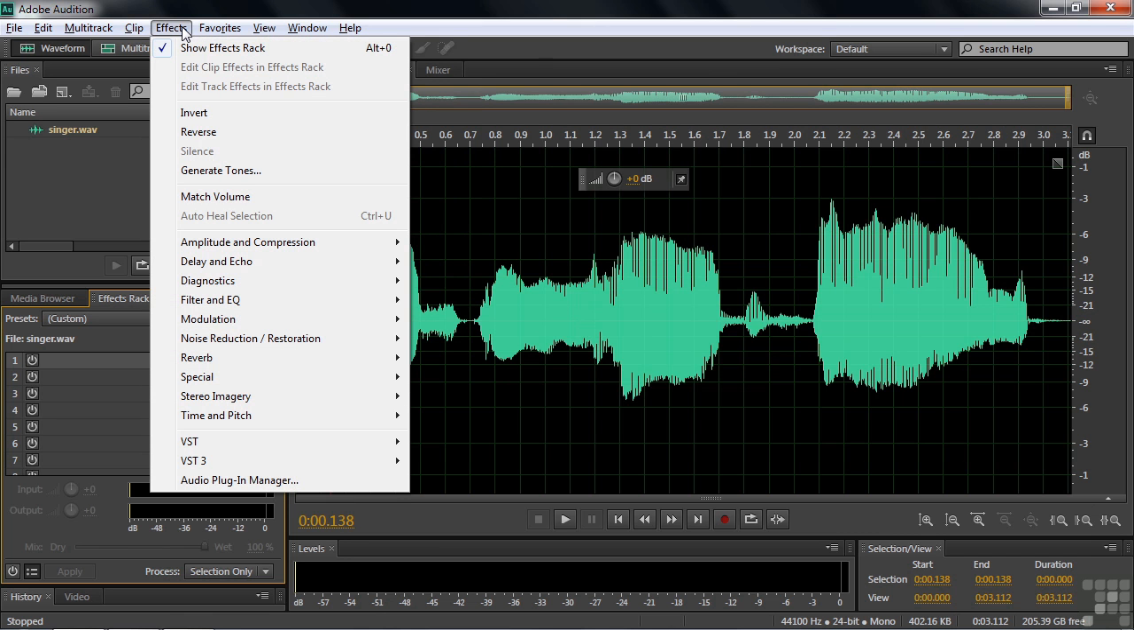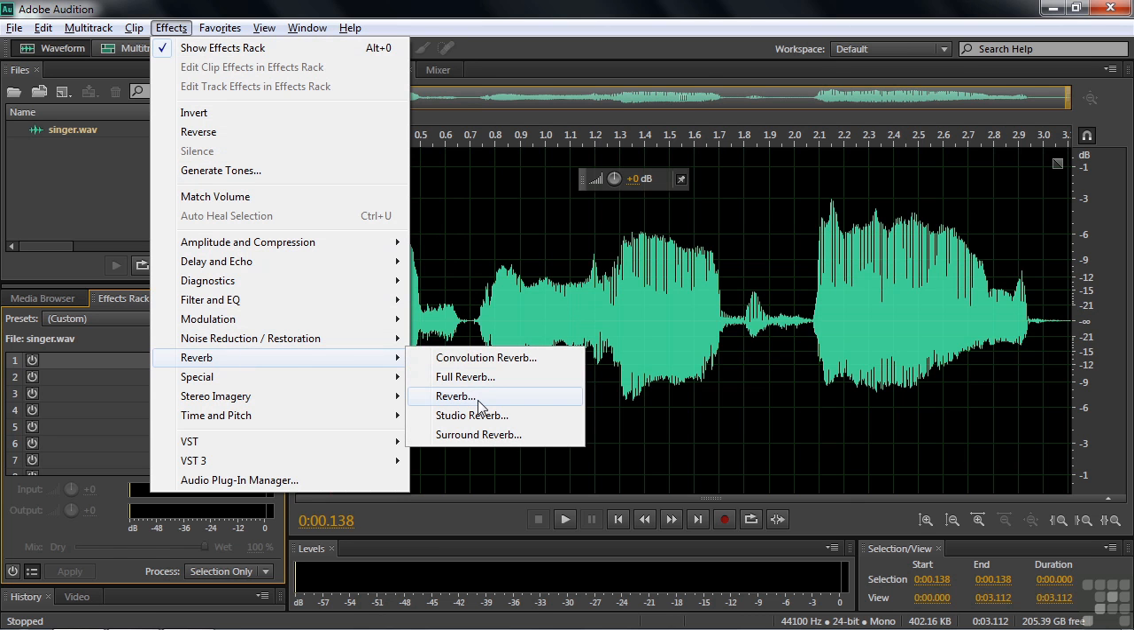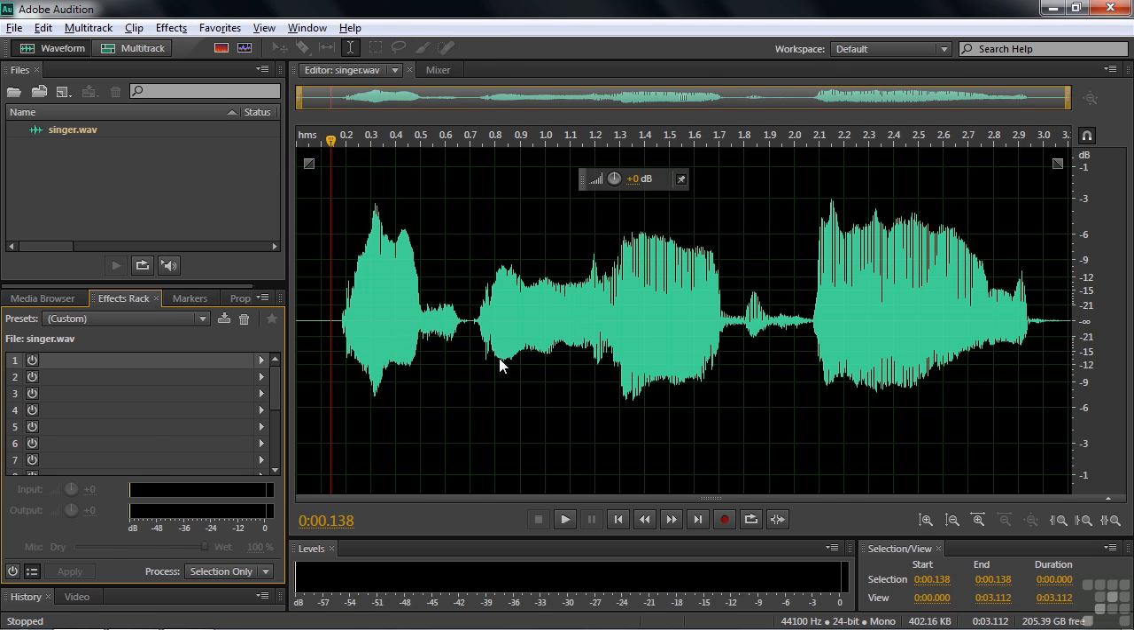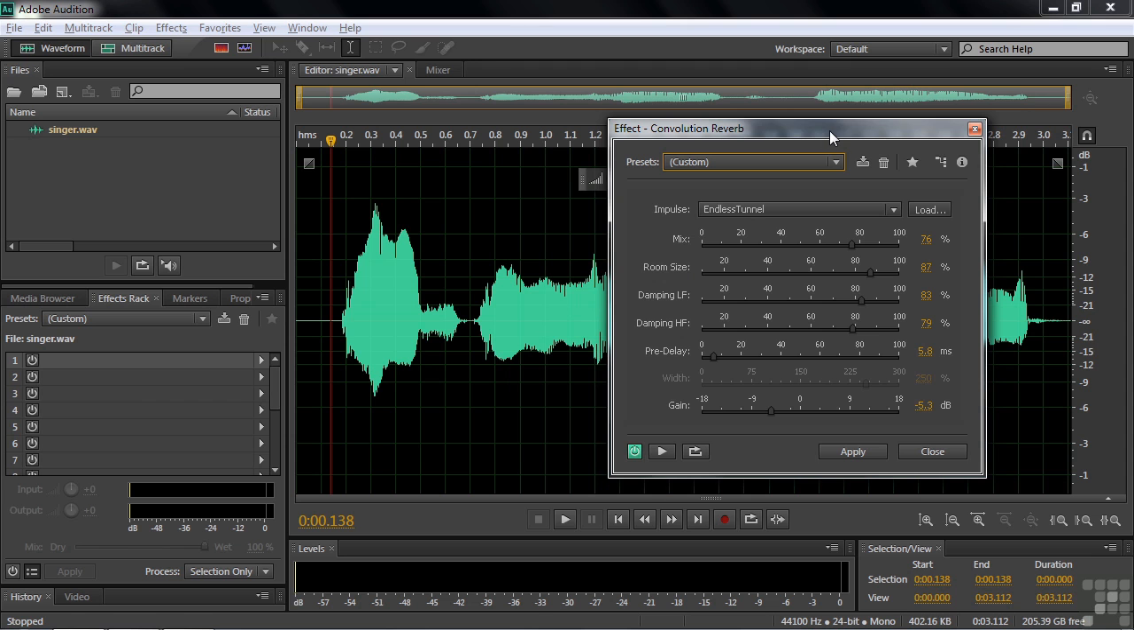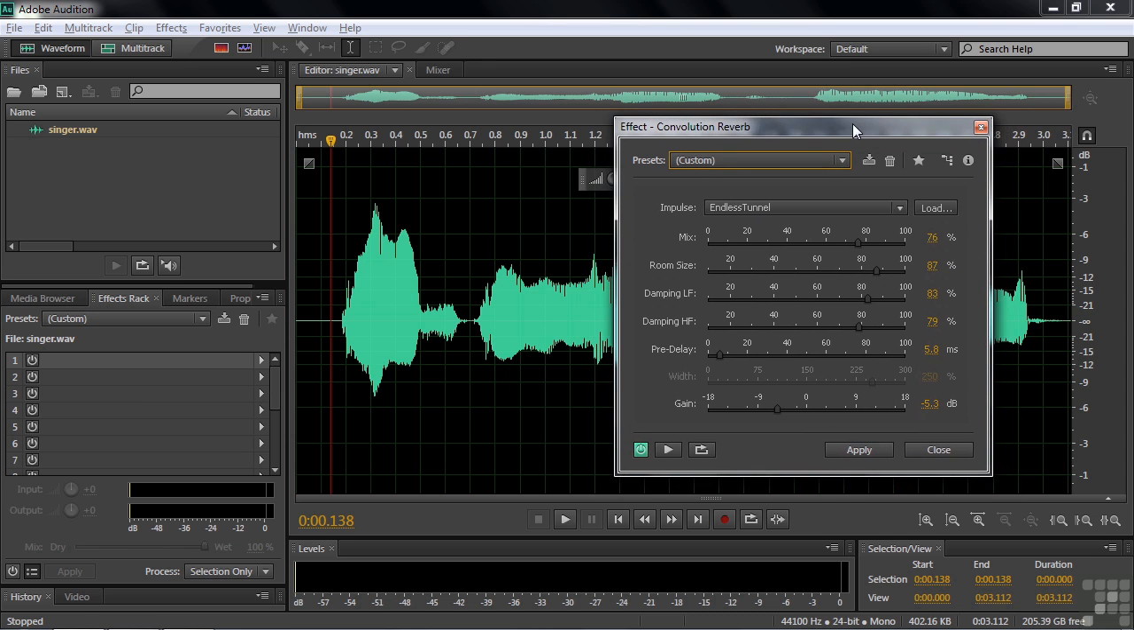So let me just go over here and apply an effect. And typically this is how you would do it over here. You go, let's say, to reverb. We'll go to, let's say, convolution reverb. When you do that, you get a dialog box. A dialog box is the generic term where you've got a thing in which you can make changes, click on stuff, make adjustments. And what you can do inside a dialog box is you can just listen to your clip